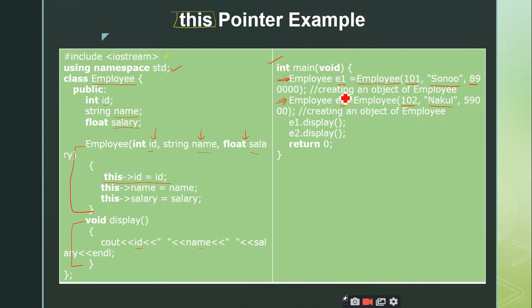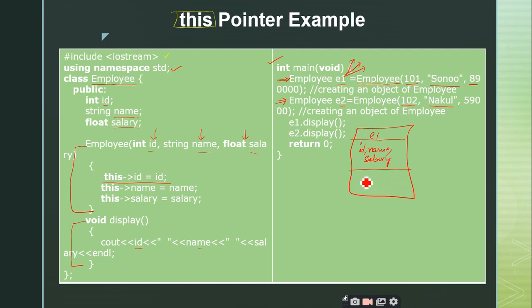So when I create this object, what is happening? For the employee object e1, what data members do I have? id, name, and salary. All these data members will be exclusively present with this particular object e1.